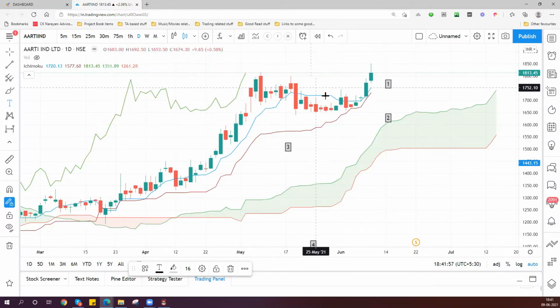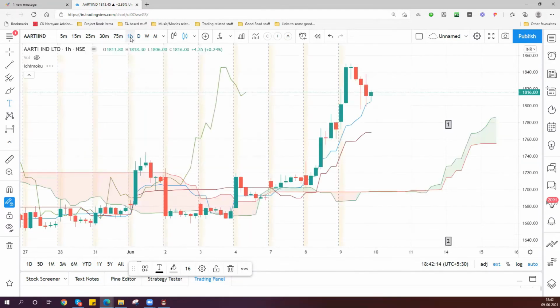So now what is it? Since it is bullish here in the daily also, it means that any pullback into support, what is the first support? The TS and KS line. So if you got a pullback into the TS and KS lines, it's a buy. Or any pullback in the next lower time frame, which is the 60-minute, there also it will be a buy.